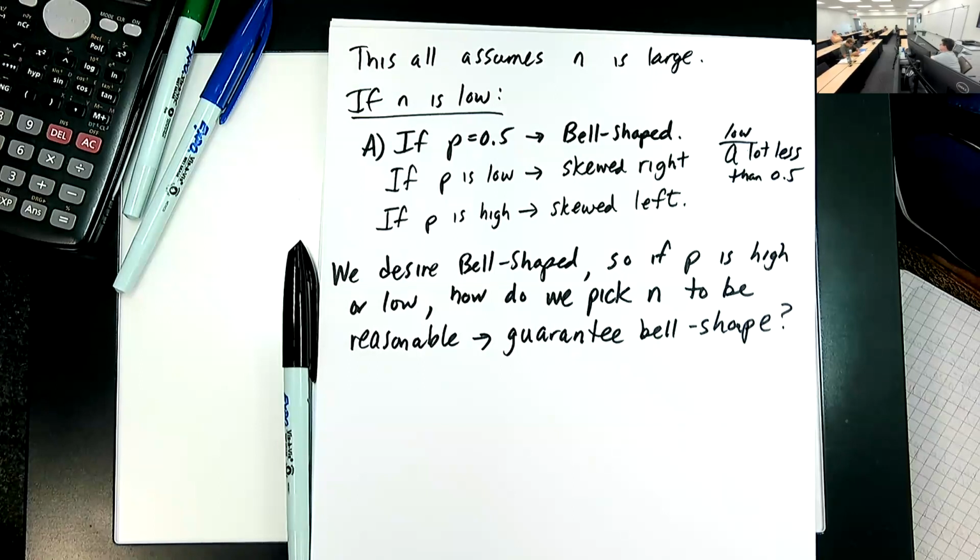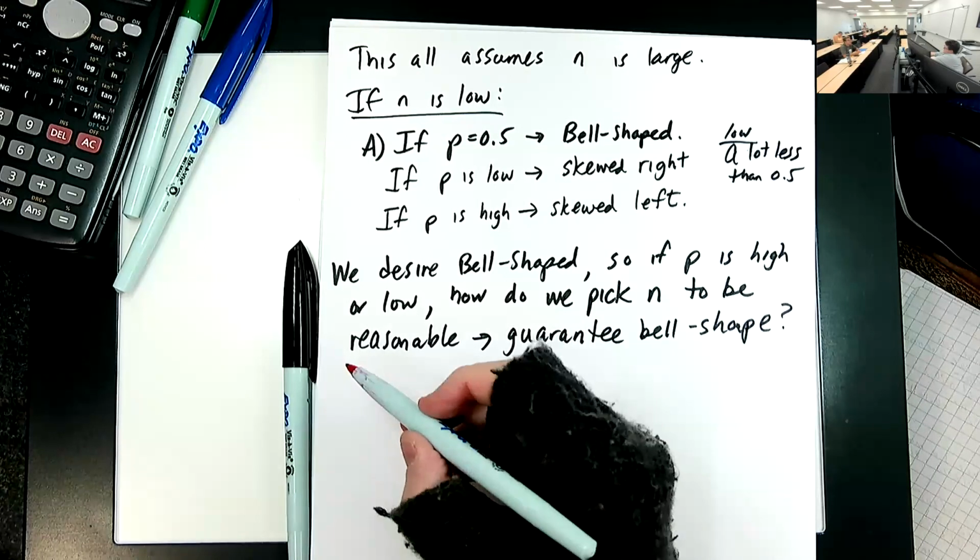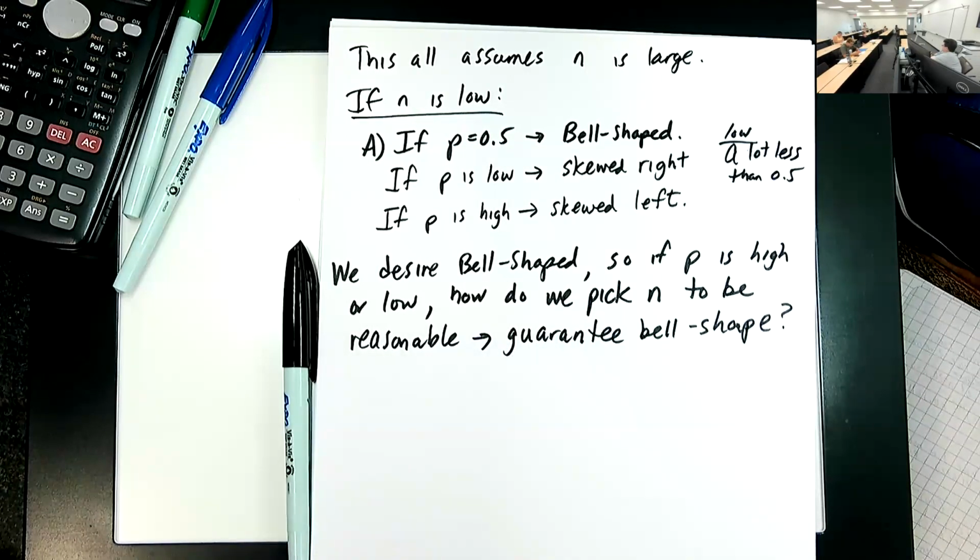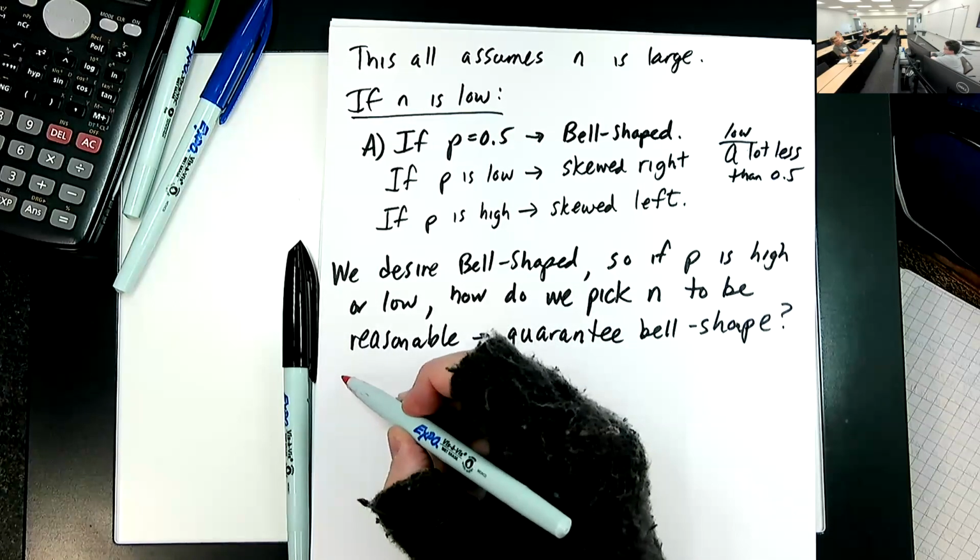We want a bell shape because we want to be able to use the empirical rule and do some things quickly that way. If you have a bell shape, you can speed up hypothesis testing pretty quickly, and not necessarily even need a computer if you know it's bell shaped. All right. To do so, we will pick N